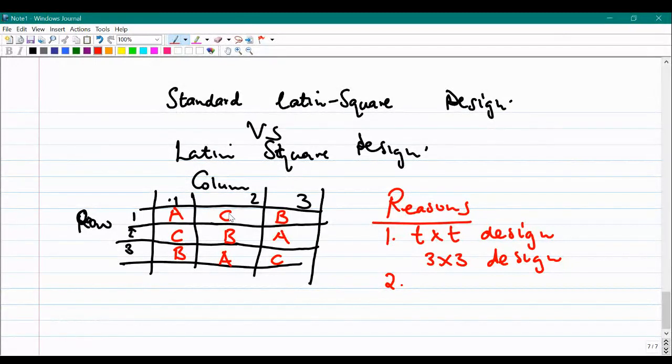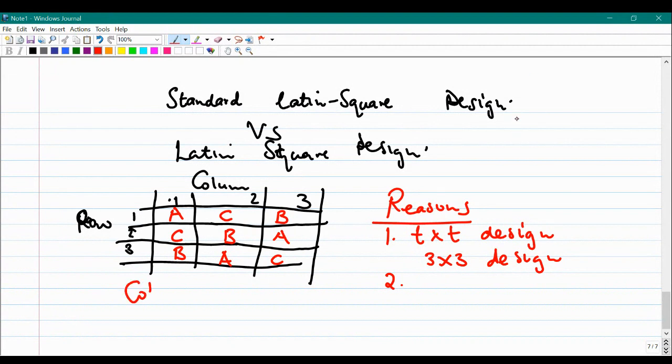The letters do not repeat. There is no repetition in the row and column. There is no repetition of the letters, isn't it, in any row or in any column? So that is a thumbs up. We are safe. There is no repetition of any letters in each row and each column. But now, if I give you this one now,